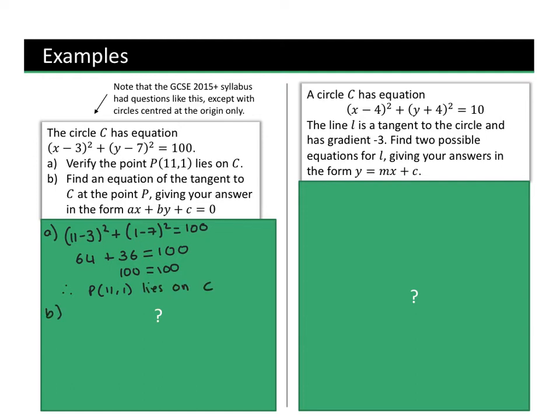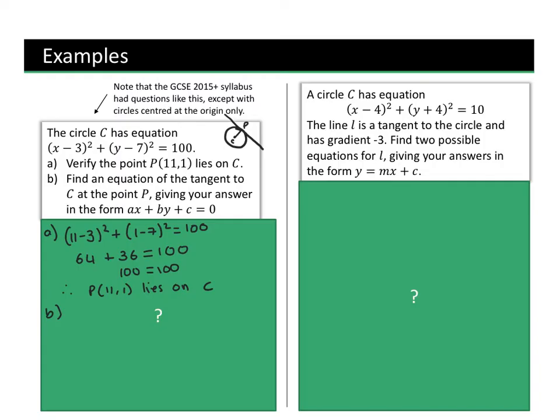Okay, nice and simple. Then part B says find an equation of the tangent to C at the point P, giving your answers in the form ax plus by plus c. So what that means is find the equation of the tangent to C at the point P. Now again, if we go back to that circle theorem, we have our circle, we have our radius. Here is our tangent. So if we find the gradient of the center of the circle to the point P,